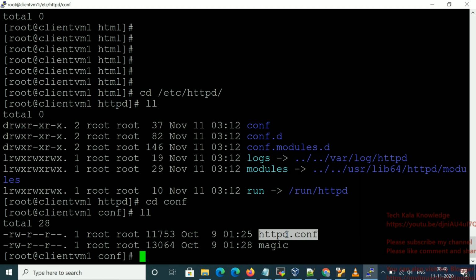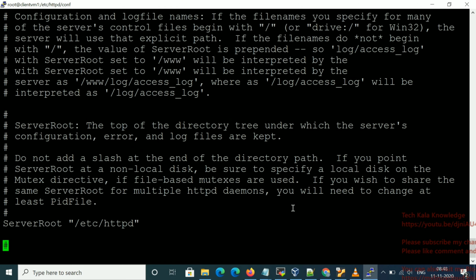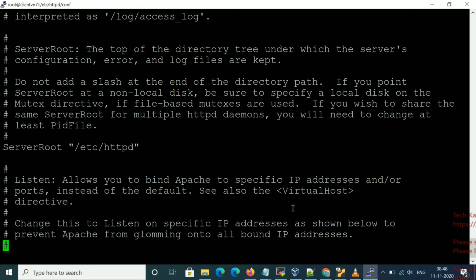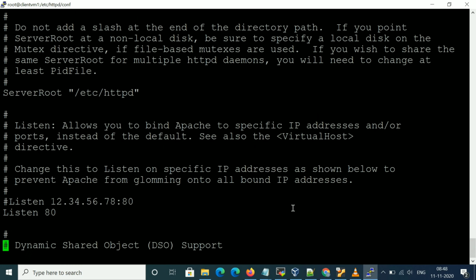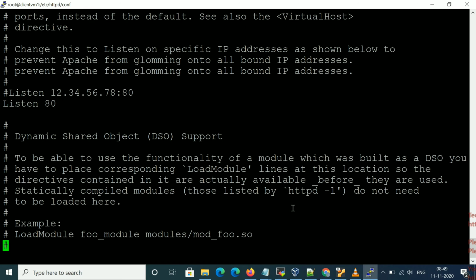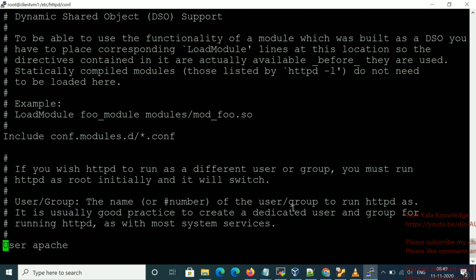Inside the conf file you mention the port number, which port is listening, the document root, document permissions, all those kinds of information. You can see ServerRoot /etc/httpd and the listening port. Suppose you want port 443, then you have to give port 443 as the listening port here. So as per your requirement, you can modify this file. Okay.